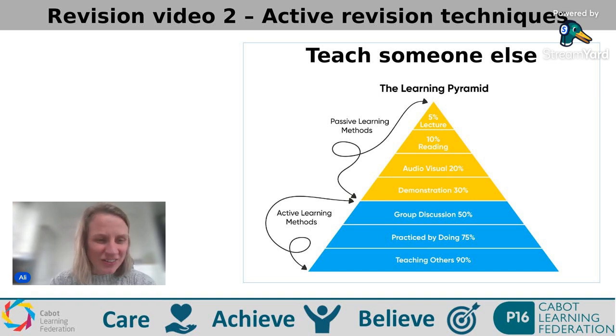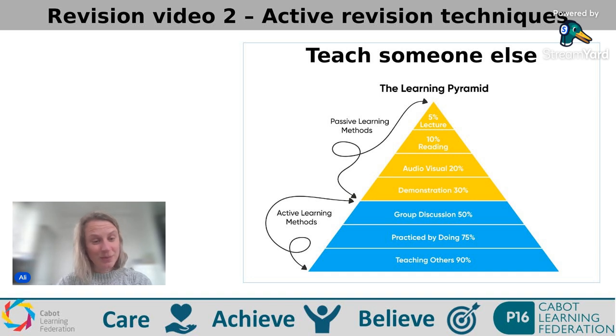The percentages on this pyramid don't really mean anything, so don't worry about that. But it is useful for showing you the sorts of revision techniques that we call passive, which means that you're not really involved with them, and they don't help you to learn as well. And the revision techniques that we call active, where you're really involved in your revision, and these are shown to help you learn better. Passive techniques are things like just reading your notes or reading a textbook or listening to someone explain something to you. Active techniques are you practicing